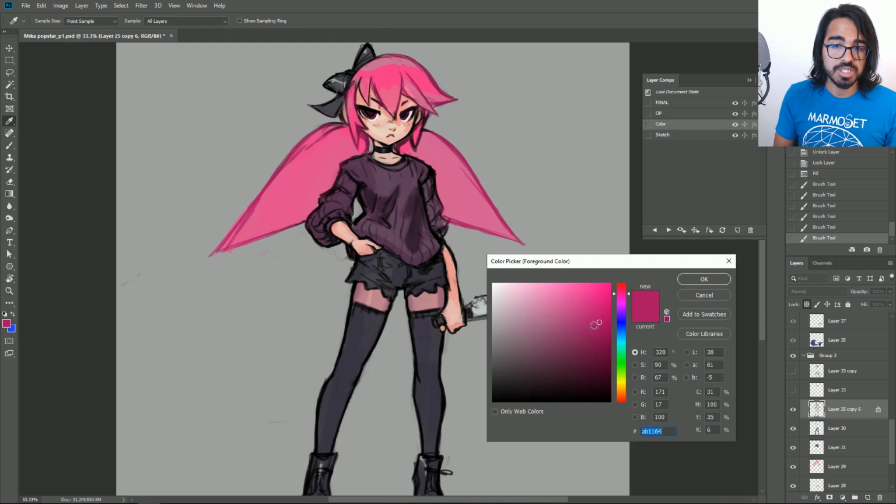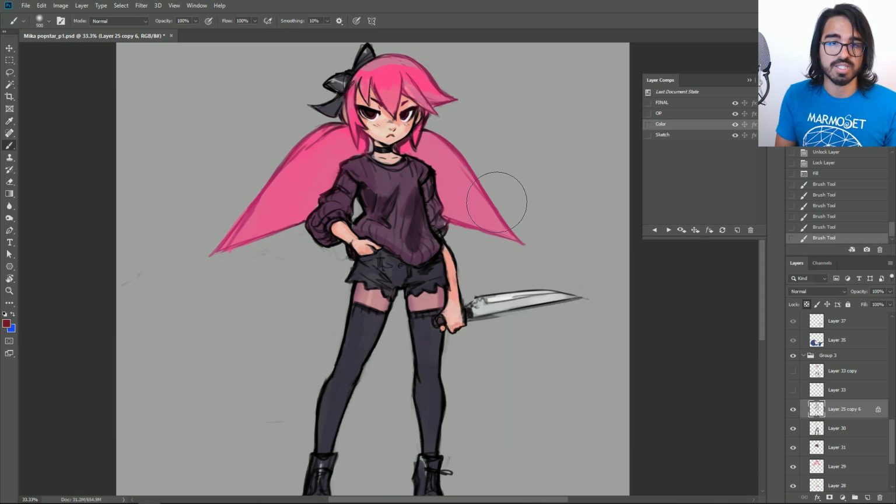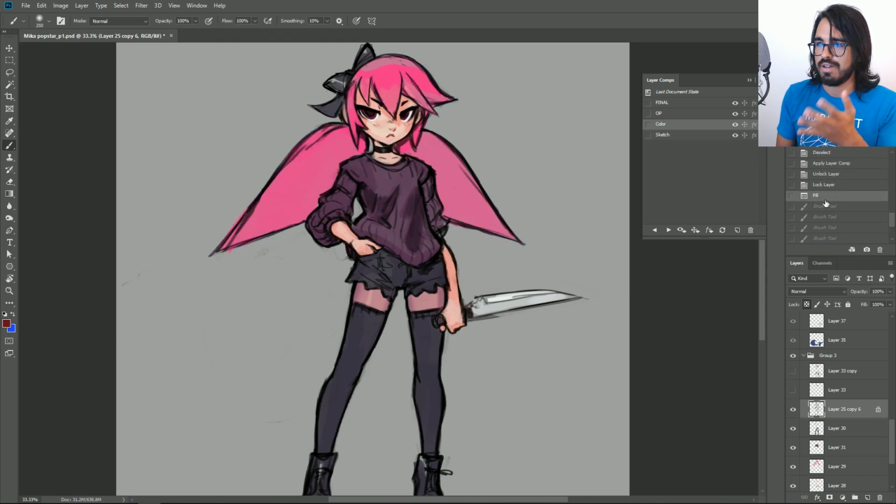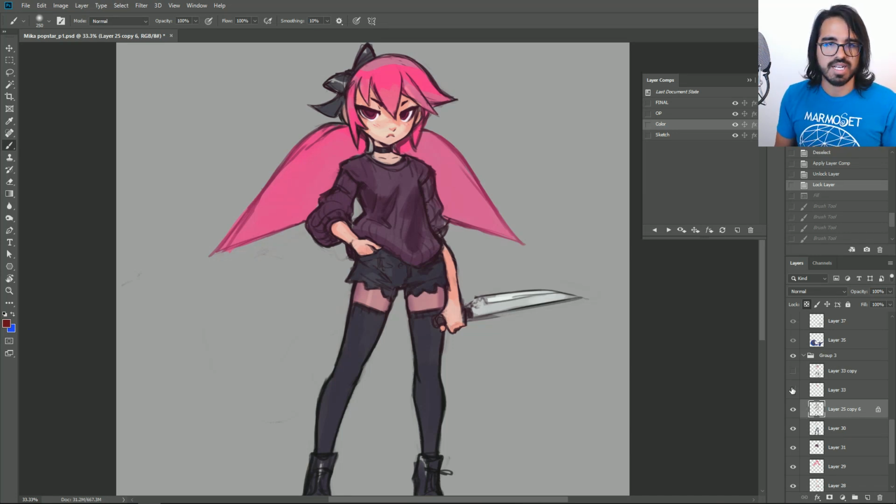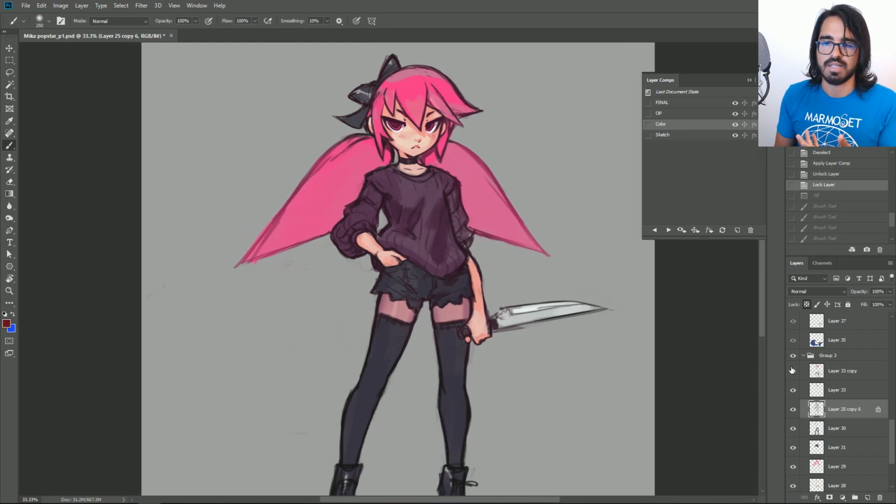And especially on skin. I found that skin is a really good place to do this. So adding reds into the skin automatically makes it look like it is livening it up. It is now a living thing versus a black and white, or like just a harsh black line comic book. So give that a shot for yourself. You can go ahead and, of course, take a look at the colors that I used here. But then once I get my drawing to a happy point where I'm pretty satisfied with the colors, I start